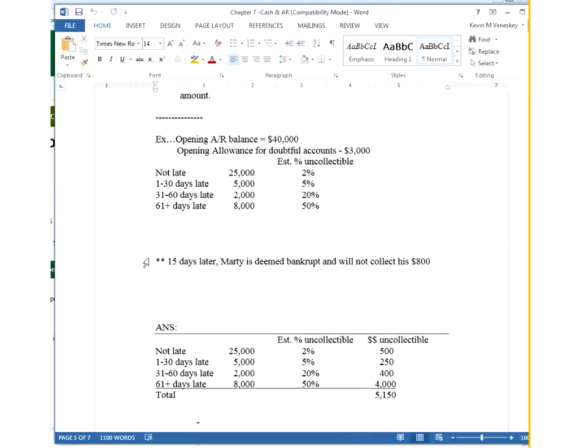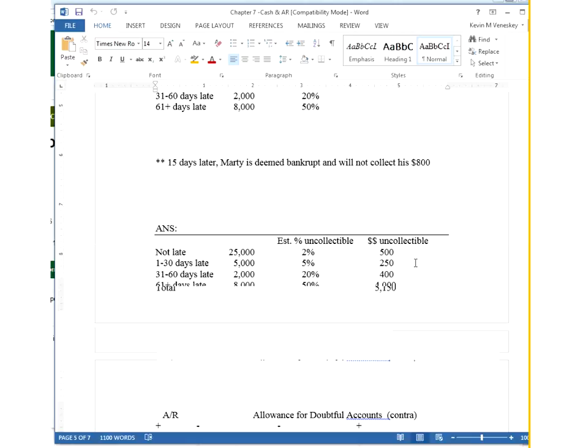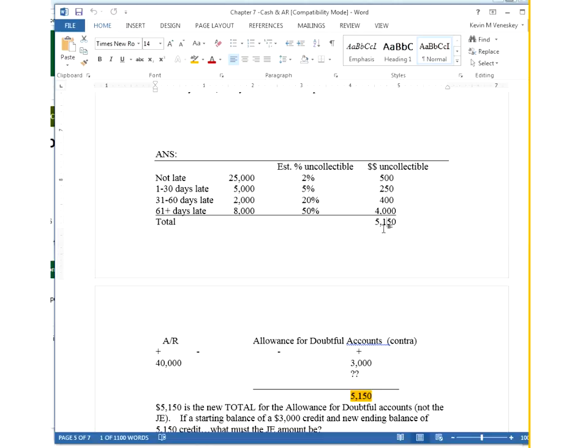Now, part 2 of this one, I then tell us, after we've done all this work, 15 days later, we get a letter in the mail from Marty's attorney that says Marty's bankrupt and the $800 that you expect to collect will not come in. Well, what I had just figured up here, this $51.50, the allowance for doubtful accounts is kind of just a